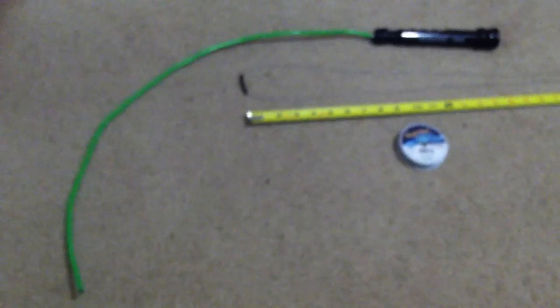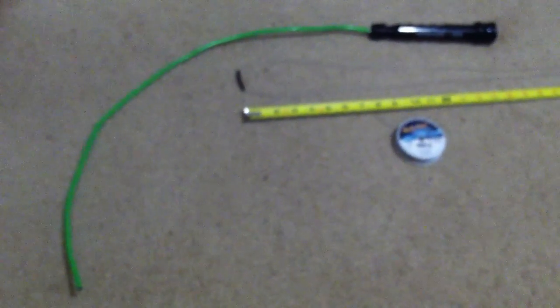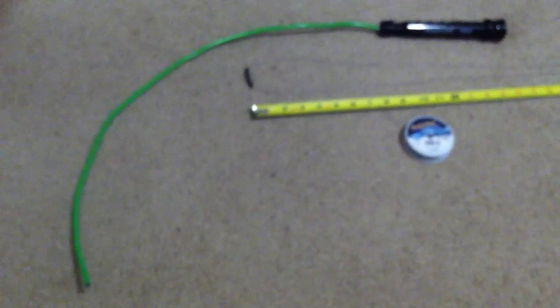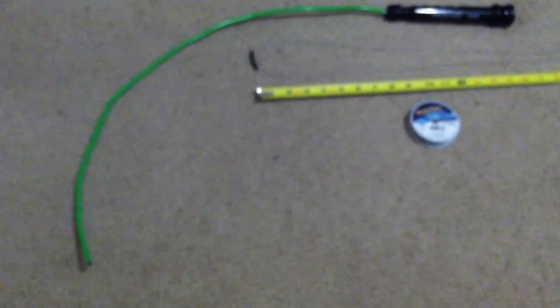Today I'm going to show you how to fix the Access Tools vertical button master. If anybody's ever used this tool, they see that the wire at the end quickly starts to curl up and turns into a little pigtail that you can't use anymore to pull up those vertical buttons. So it can become very frustrating, and Access Tools actually has a kit to repair it,